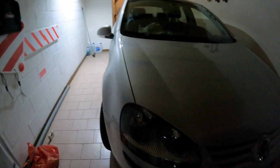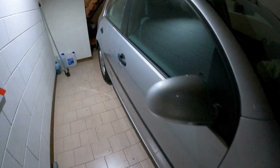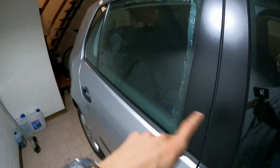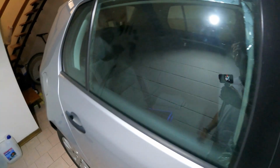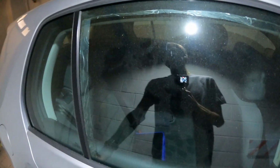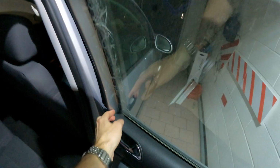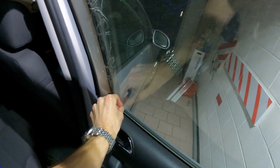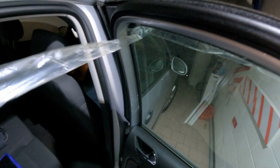Hello everyone and welcome. Today we have here the Golf Mark 5 in the garage because yesterday the rear passenger window mechanism decided to break and now the window is falling down every time. And yesterday I put some tape here in order to hold the window some way. Now we'll try to repair